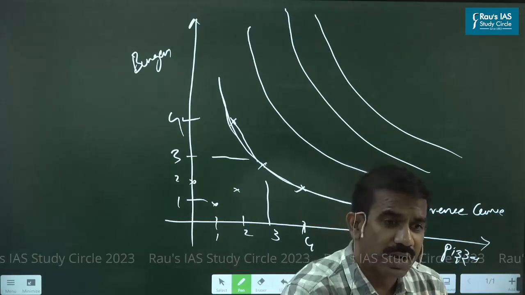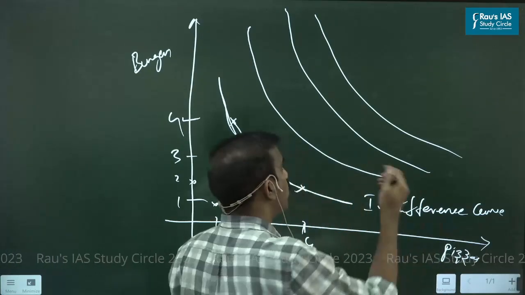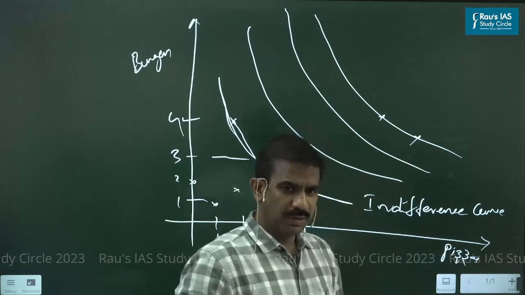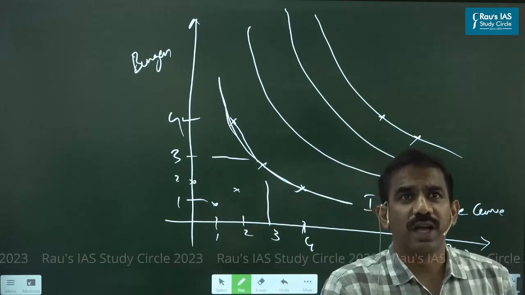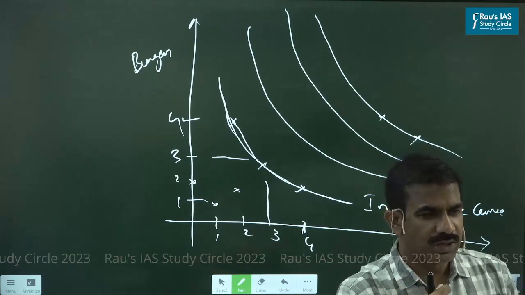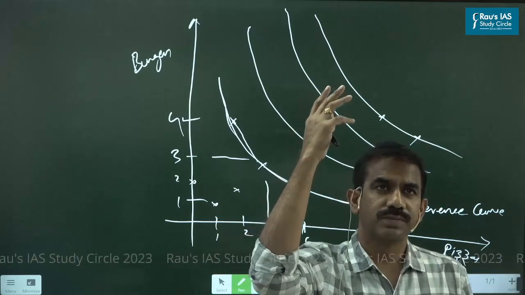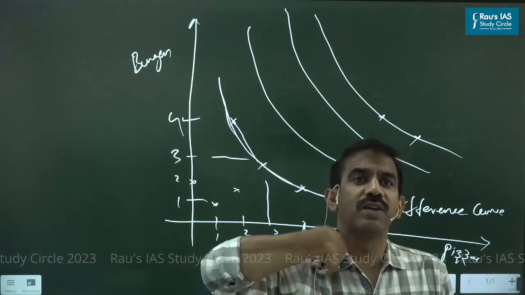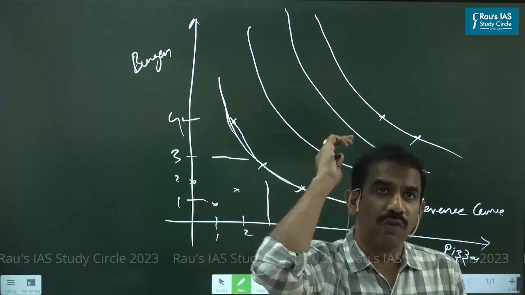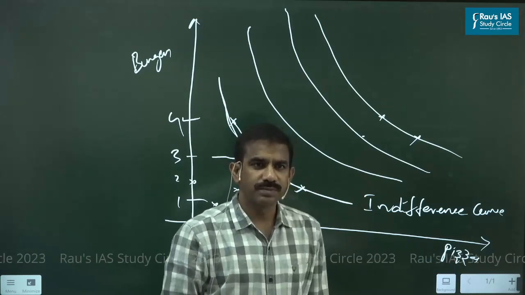And as I already said, we always prefer more compared to less. So Shubhankar would always like to stay on the highest indifference curve possible, because that gives more satisfaction, right? Yes or no? So I'm drawing multiple indifference curves based upon your satisfaction levels, isn't it? So you call it n number of indifference curves. And one always prefers attaining the maximum utility, and that's a very basic reason. He always prefers staying on this indifference curve compared to this. Do all of you accept it?